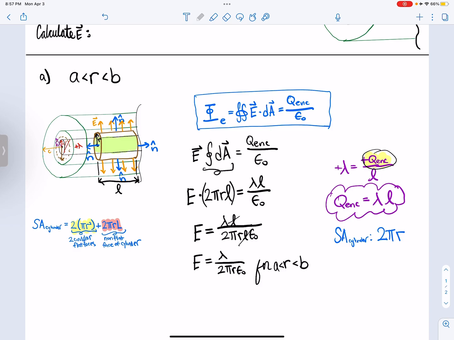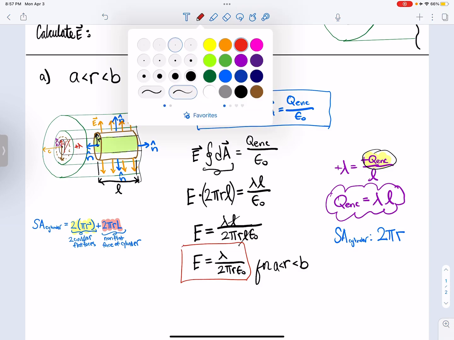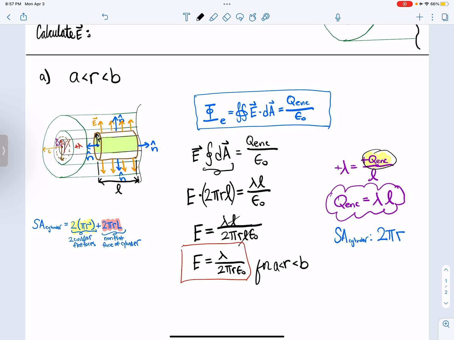Okay. And if you guys want to know the direction as well, the electric field points radially outward since the inner cylinder does have a positive charge, positive Q over L, right? So, yes. All right, moving on to